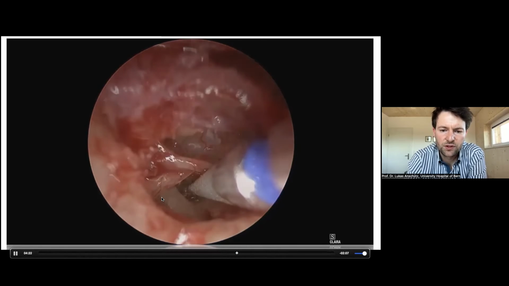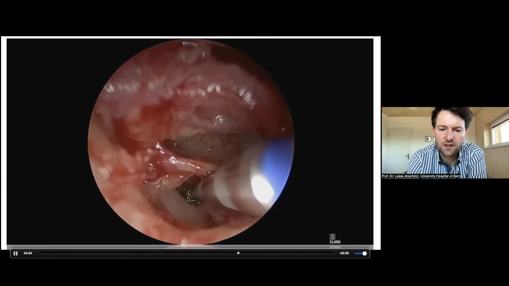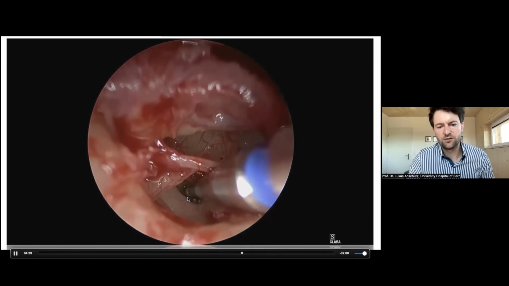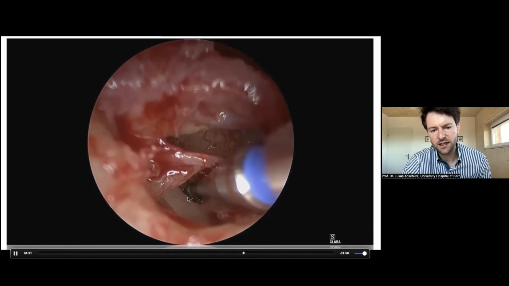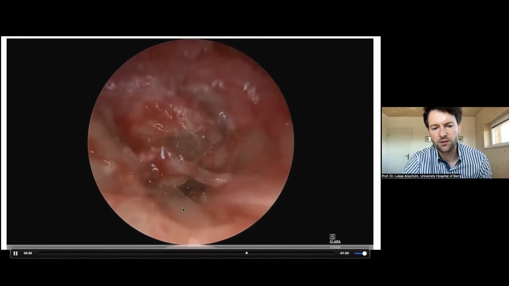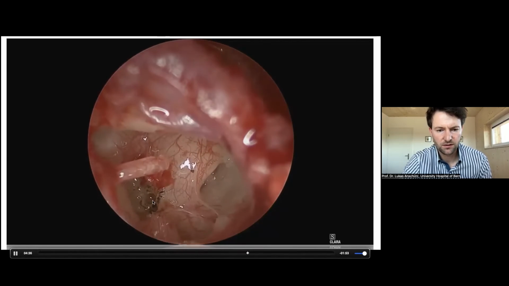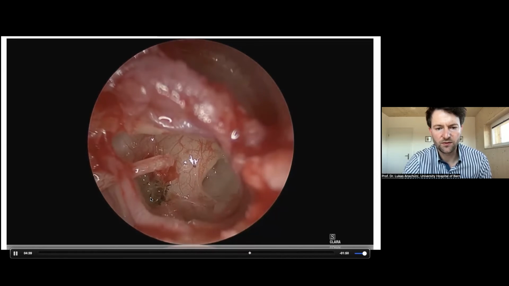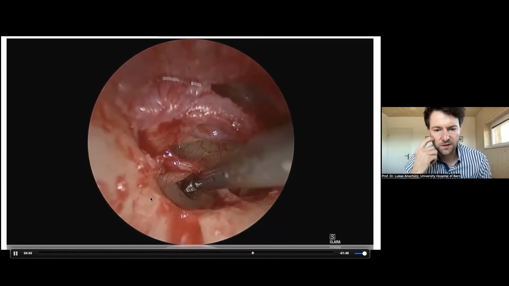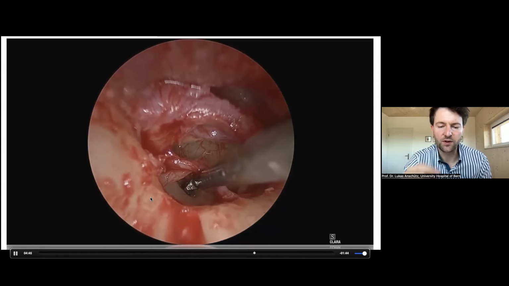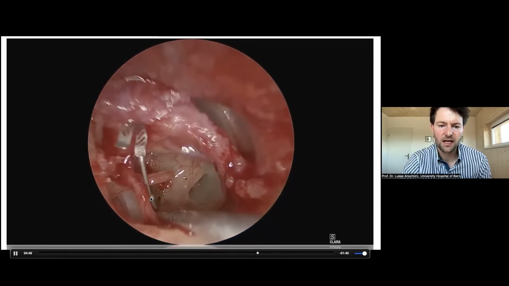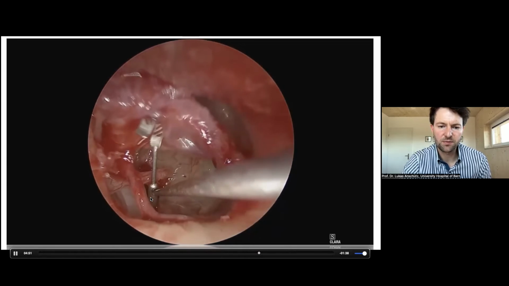And then I use this micro drill. It is a 0.6 millimeter diamond drill, and I can drill a hole inside of the footplate. You can see now it is perforated. You can see the movements of the perilymph. And then I measure the size of the prosthesis, which kind of prosthesis I would like to put inside. And then you can see here the stapes prosthesis.